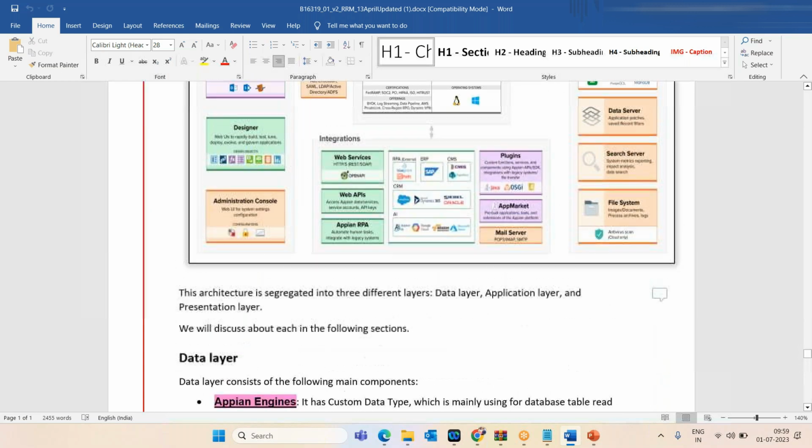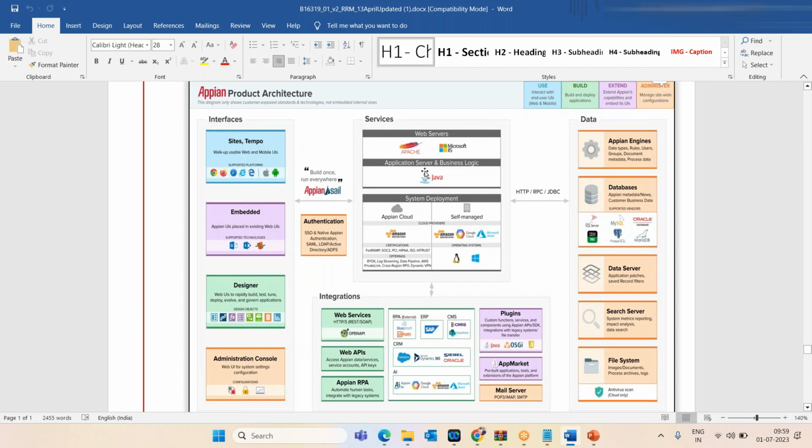Coming to the application layer, it looks like this. You can see the services and integrations are basically the intermediate between data and presentation. Here we can see that in the services we have different web servers. The application business logic, as I said, is built in Java. On the server we are using Apache Kafka and Apache Zookeeper, and it is hosted on the